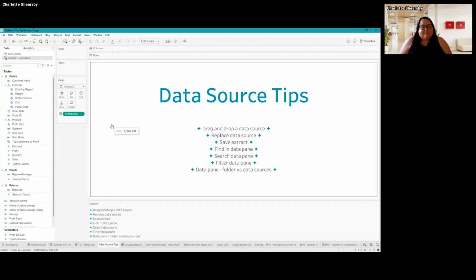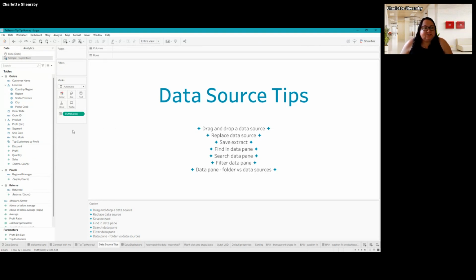Some things in the data pane then. Did you know that if you've got a lot of things in your data pane, looking through it, you might not always find what you're looking for. If you've got your field that's already in your view, you can click on the little white drop down arrow, or you can right click on it and come down to this option, find in data pane, and it'll find it in the data pane and highlight it for you.